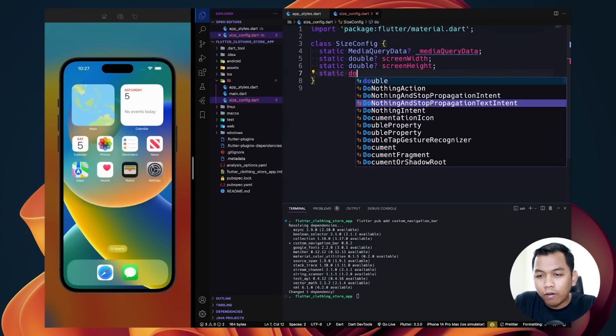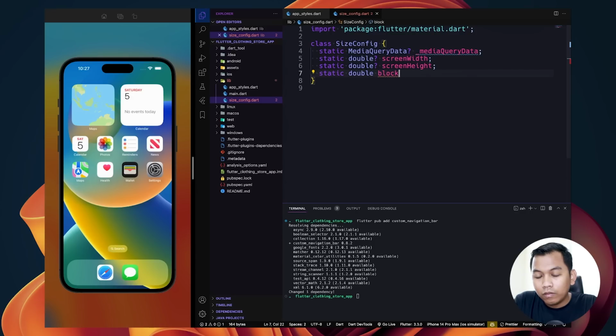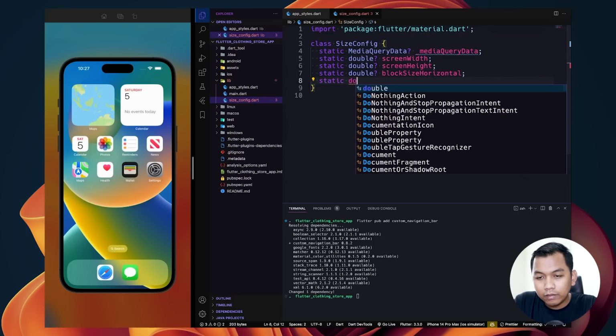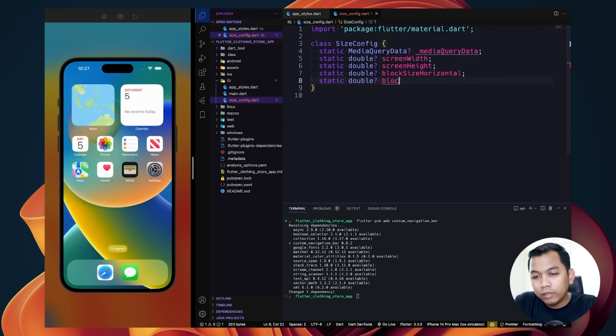And the next for blockSizeHorizontal. And the last but not least, for blockSizeVertical. Alright, and we need to create an init function here, and we need to provide a parameter BuildContext, name it context, and here we can initialize our static variables,